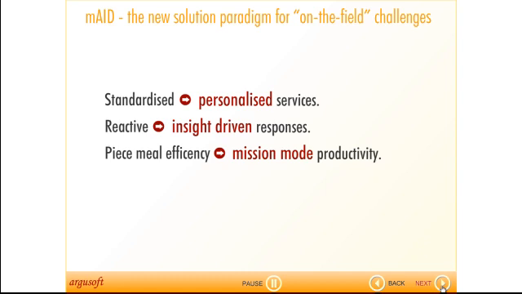The MAID solution paradigm has three major shifts from the current state of affairs. The first and the most important paradigm is to move from standardized services to personalized services. It's no longer a one-size-fits-all. Today, all health services are delivered in mass because there is no easy way to identify specific details about a particular person. MAID makes this shift possible as key health information about a patient is readily accessible even in the field, and this means that each individual gets personalized services based on their current conditions.